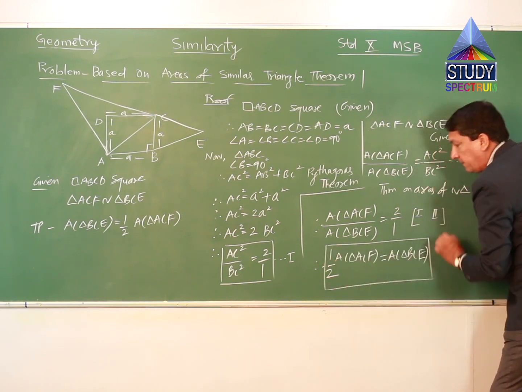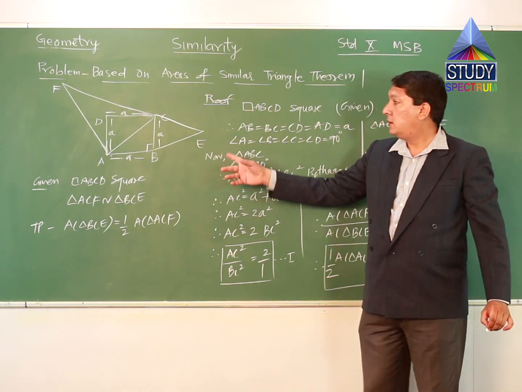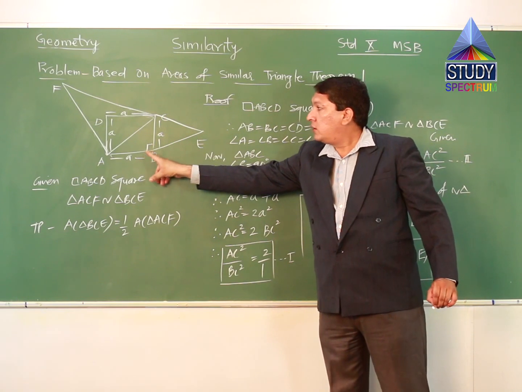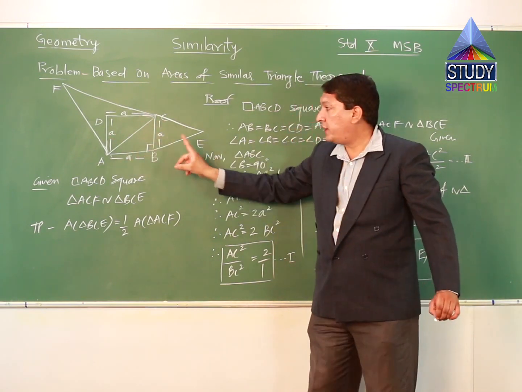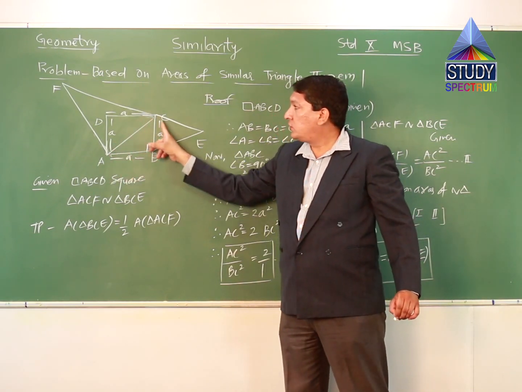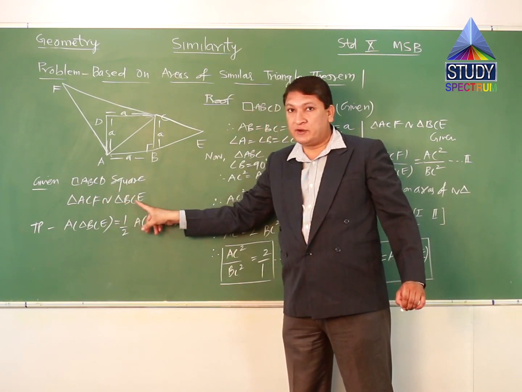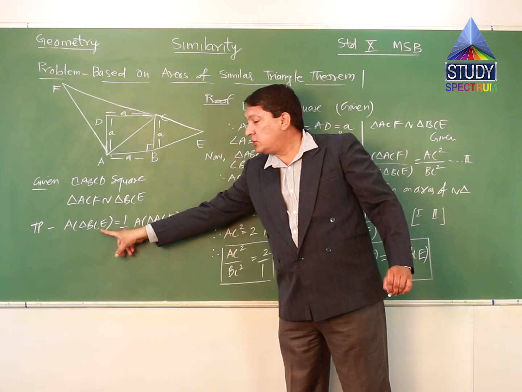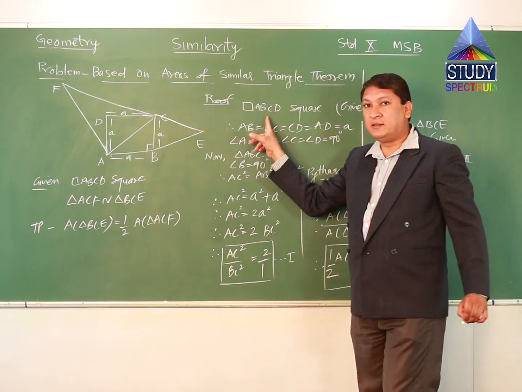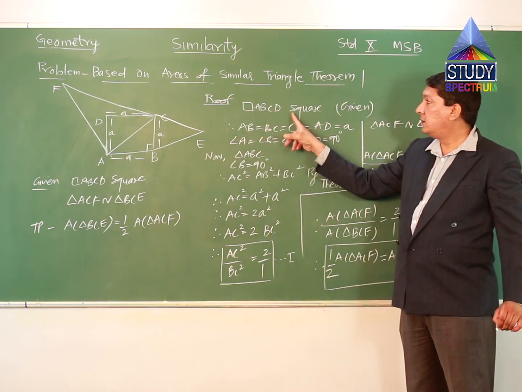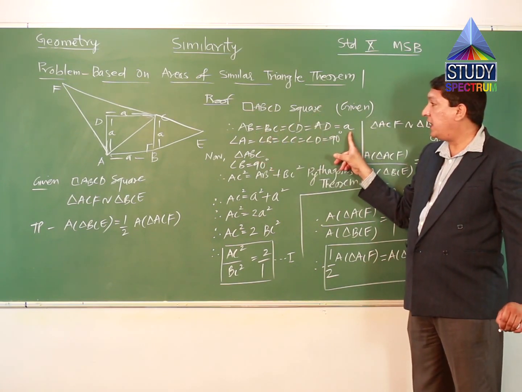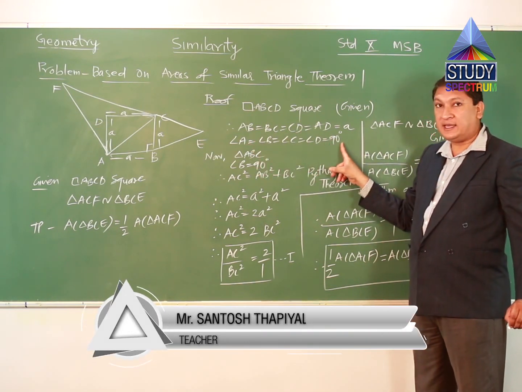So in this entire sum, if we again understand what was given to us: a square. Square is what? Where all 4 sides are equal. Square is what? Where all 4 angles are right angles. So in this sum, a square was given to us, similar triangles were given to us, and we needed a relation between the area of one triangle and the area of another triangle. So how did we begin? We started with a square ABCD. Square means sides equal. We have replaced them by the name A, and all angles are equal, 90 degrees each.